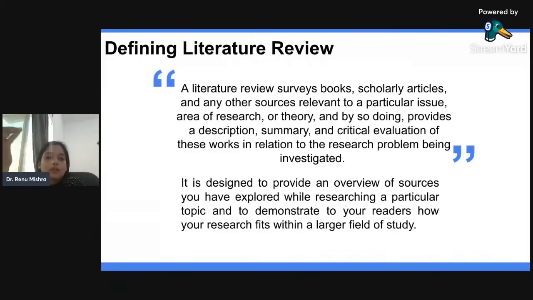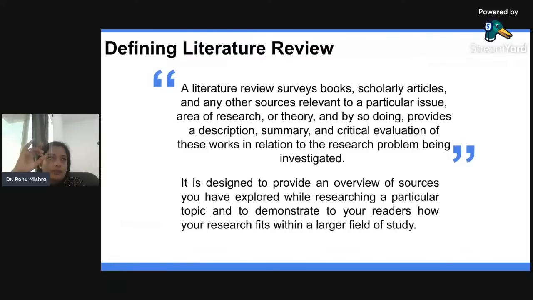Now, reviewing does not mean copying it. Please, not even in your research paper, not even in your dissertation. Review of literature chapter or review of literature section does not mean that you need to copy it. No, you need to review it. So when you are reviewing it, you are critically evaluating it. You are telling your own interpretation, what you have understood, how that piece of work